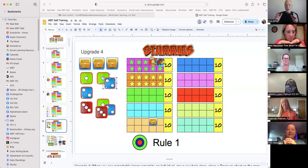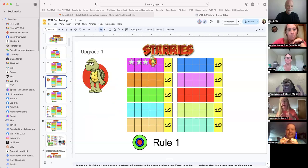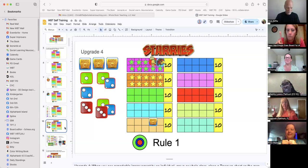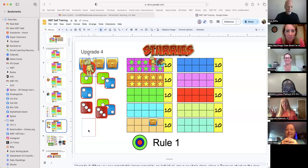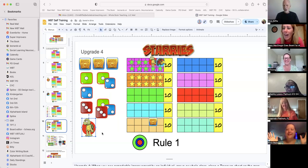You're right, Lakedra. Explain how there's lucky dice rolls in the treasure chest. Go ahead. Thank you, Coach. So under these chests are lucky dice rolls. If you roll a 1 and that 1 is up, you get another starry. Sometimes if you roll a 1 and a 2, you get another starry. And oh my goodness, you get 3 lucky numbers and you get a starry. That's really cool. And I just decided, because I invented the game, under some of the treasure chests, there's an